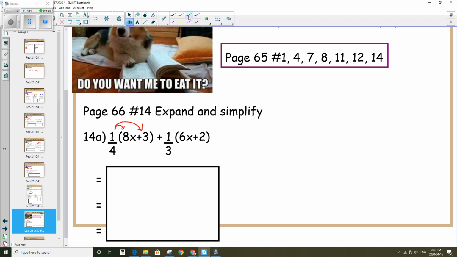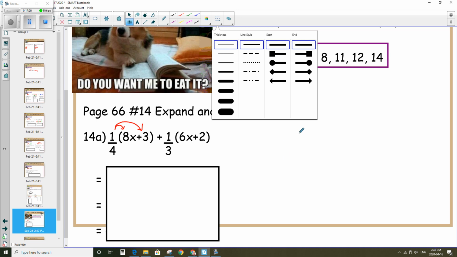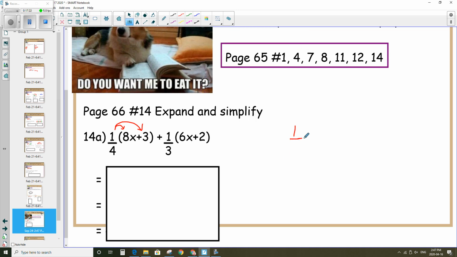Now, using the rules for multiplying fractions, I'll do that for you. Okay, so 1/4 times 8 is the same thing as 1/4 times 8 over 1. And the rule for fractions says you multiply the 2 top numbers and the 2 bottom numbers. So 1 times 8 is 8, and 4 times 1 is 4, and 8 divided by 4 is